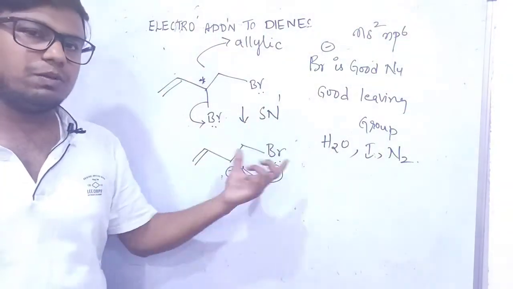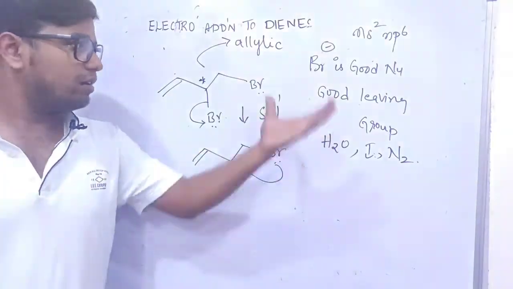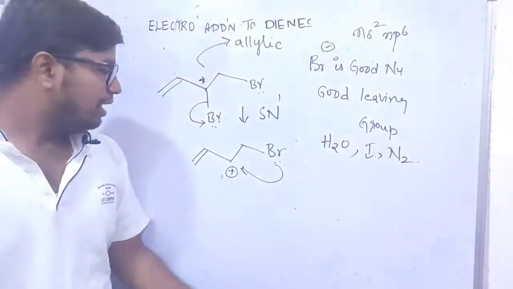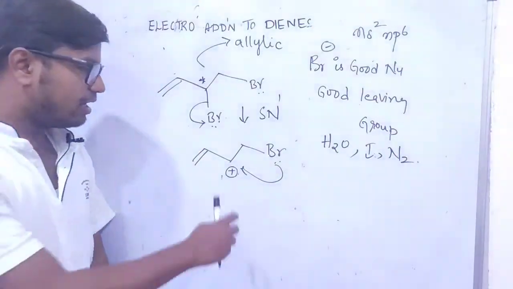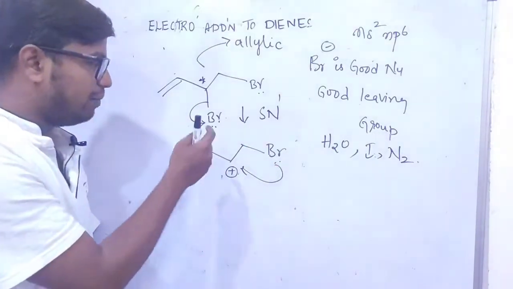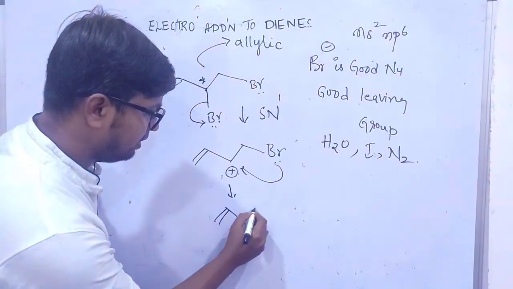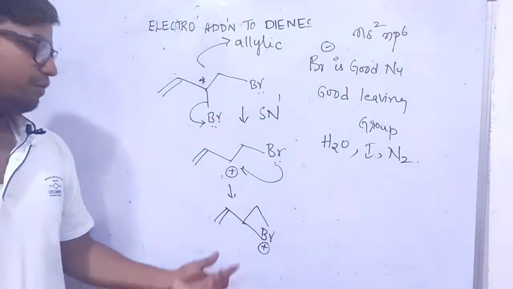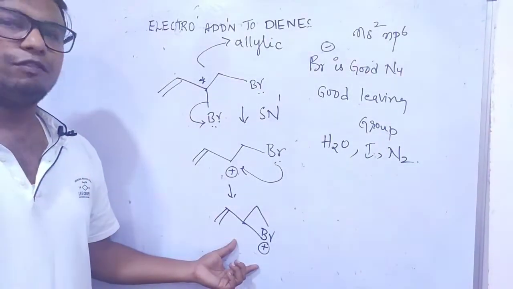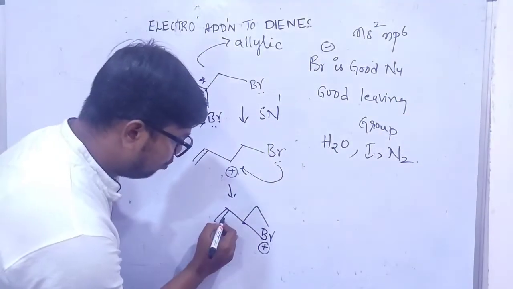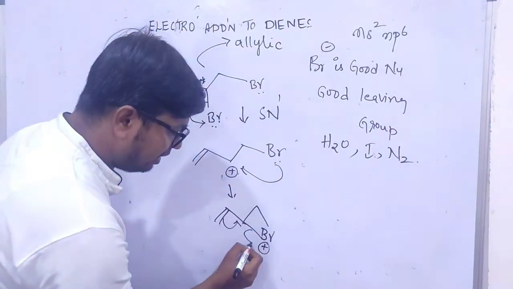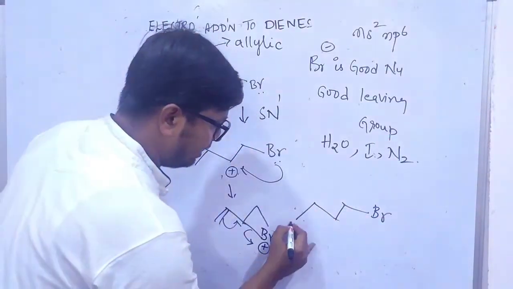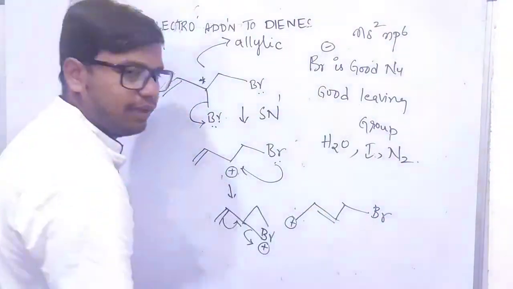I will discuss nucleophilic substitution reactions in another video. Now we are discussing electrophilic addition. So here an SN1 reaction is going to happen. The carbocation is generated here, and internally the SN1 reaction happens, resulting in the formation of this moiety. It can also form. What happens? This double bond internally shifts here and the ring opens, so Br here, a carbocation generated here, and the double bond here.